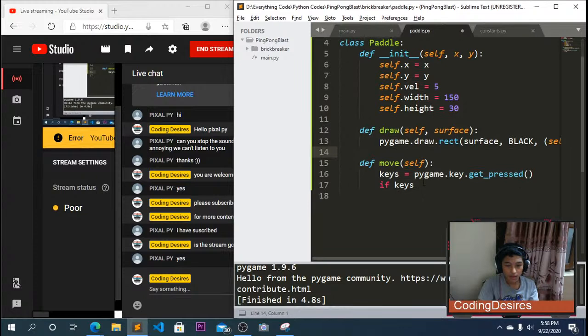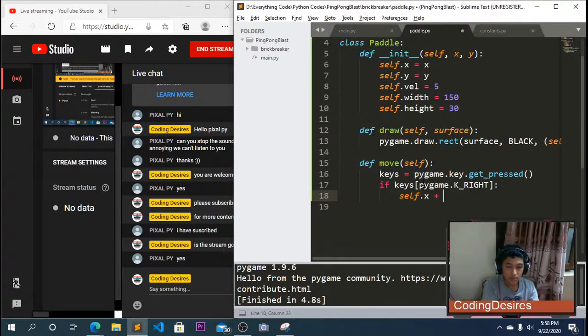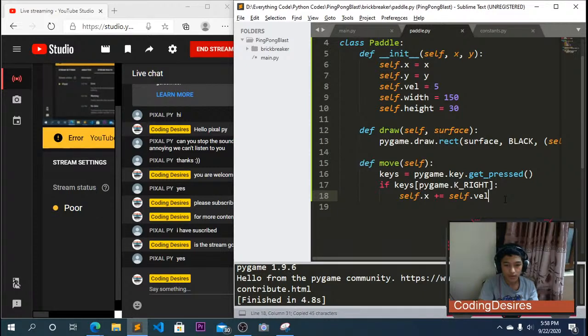Okay, if keys, the keys of pygame dot K underscore right equals true, we should change the values. So we'll just say self dot x plus equals self dot velocity, right? And we should do the same with the